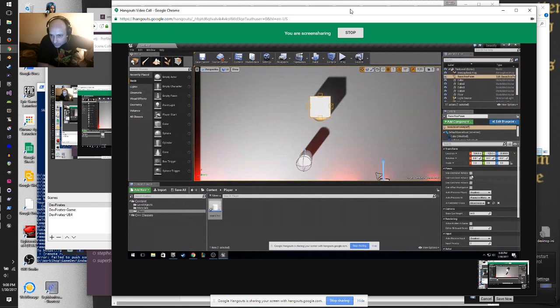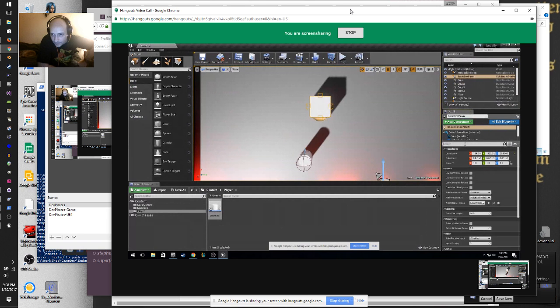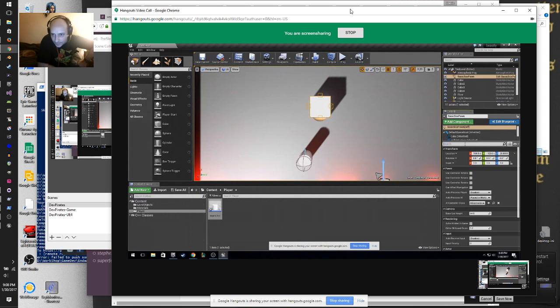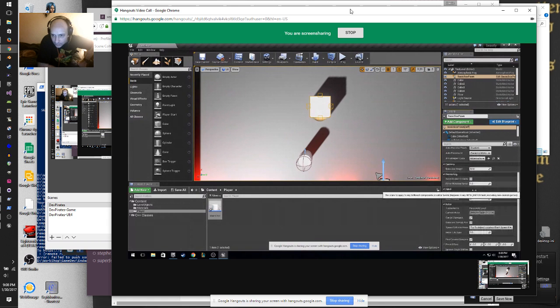Over here. I can't really read them because it's all blurry. There's not that many. Just look through them. AI controller. I don't think you need an AI controller.